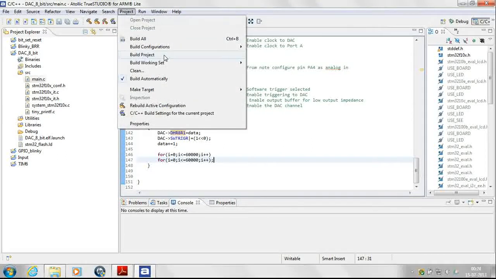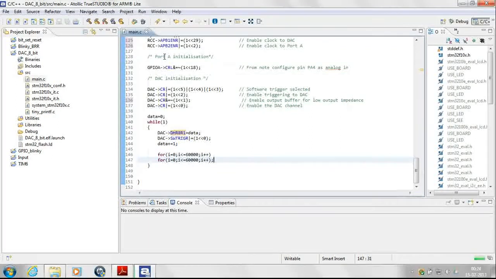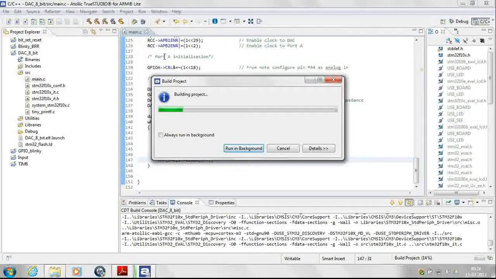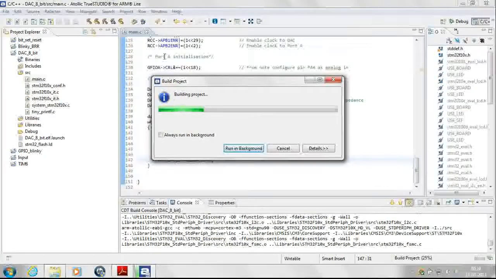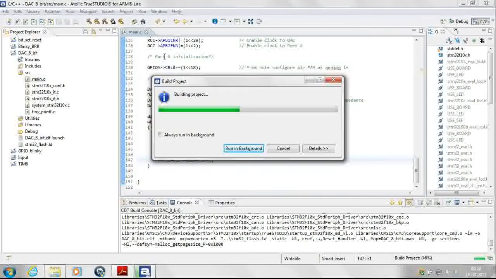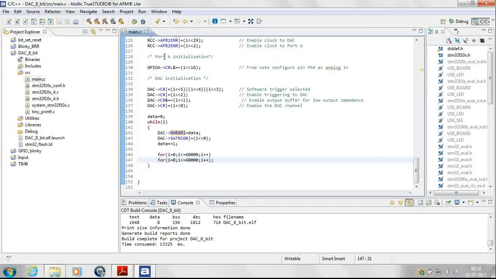We'll just build this project over here. Next we can always connect this kit of ours to the debugging environment, load the program, and for the output we'll be using a multimeter, and we'll check the output with respect to ground on the PA4 pin.